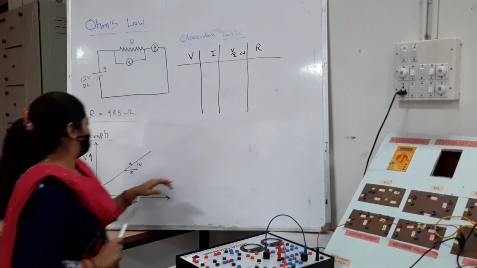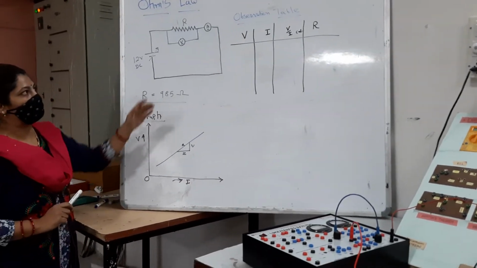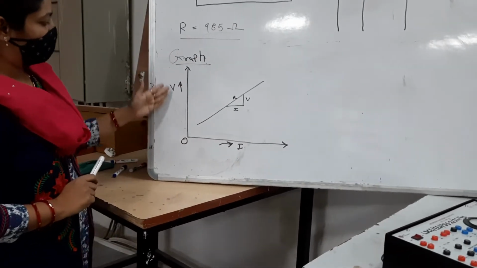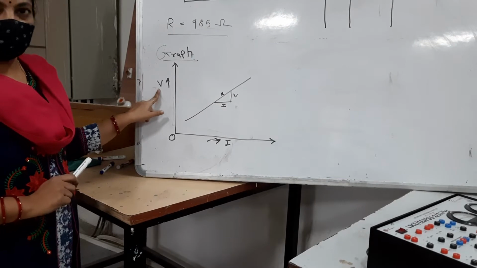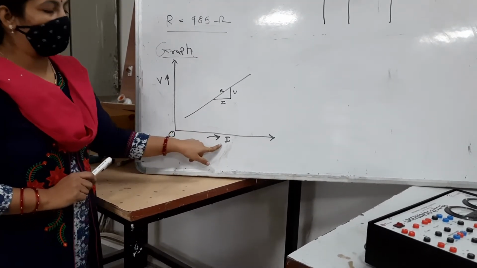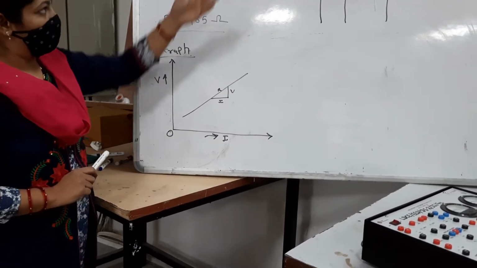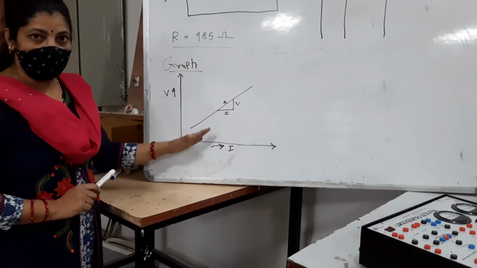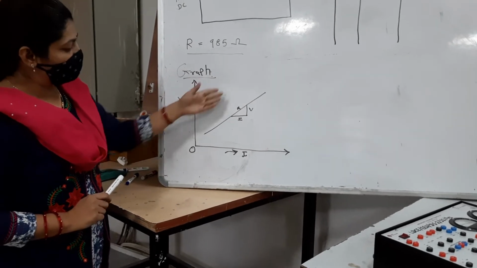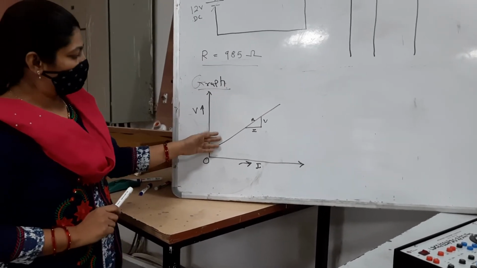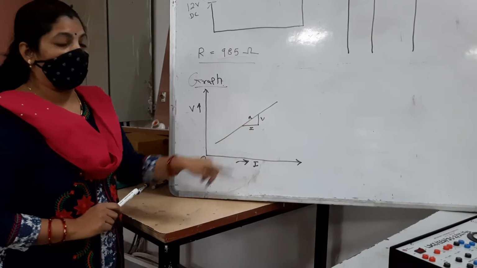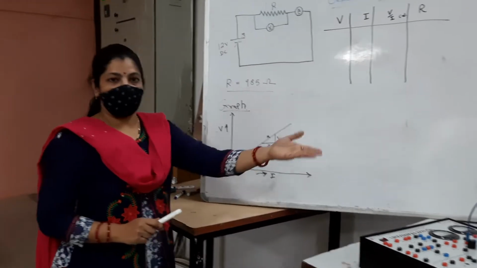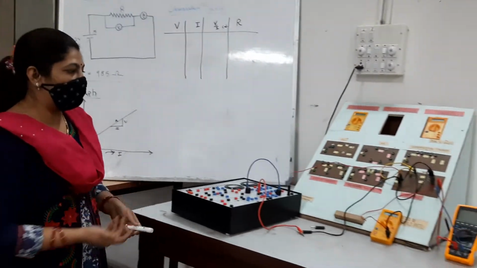And then we will also move on to the graphical presentation of that observation table. As you can see over here, on the y-axis we will take readings of V, and on the x-axis we will take readings of I. Based on the observation table, you can plot different readings, and if your graphical presentation is exactly like that, you can say that the element is resistive and it completely follows Ohm's law. The same thing we can verify by the experimental setup. Let's move on to that part.